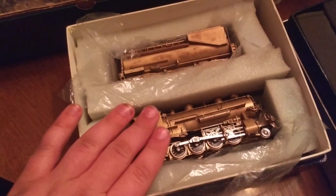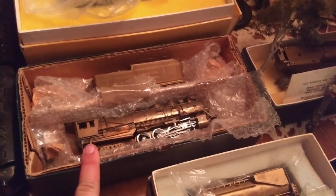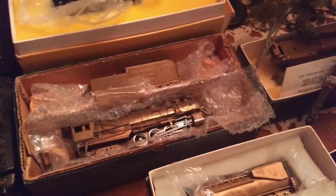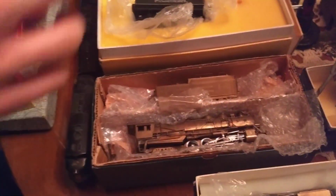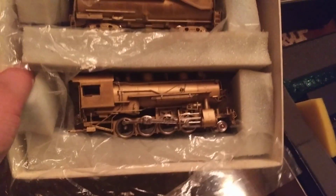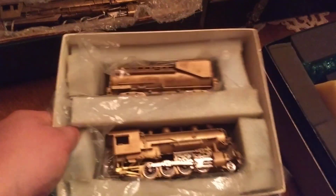Anyways, later that day somebody showed up with a bunch of old SP brass stuff. This is Santa Fe, it's okay, but I like SP better. There were 2 of these. This is the old one, the first one ever imported, the 1958 version. The other one was from the 70s, in the blue box with the gold print. The smooth one, the brass had a lighter shade of tint on it. We asked the guy if he would trade the other one for this little thing. He was asking $275 on this, and he looked at it a little bit and said, sure. So I got myself a little